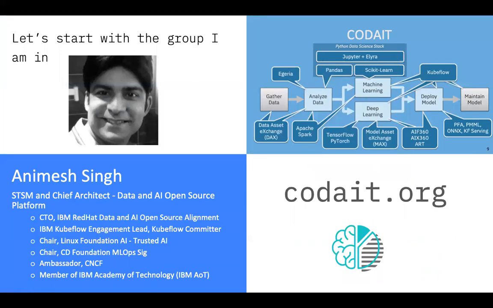So we would say that's the history of IBM, but it's also very, very relevant in the current context of the group I am in, right? So a bit about myself. I am one of the architects in a group in IBM called CODE, which stands for Center for Open Source Data and AI Technologies. We work on open source projects across the end-to-end data and AI lifecycle, data asset exchange, Spark,